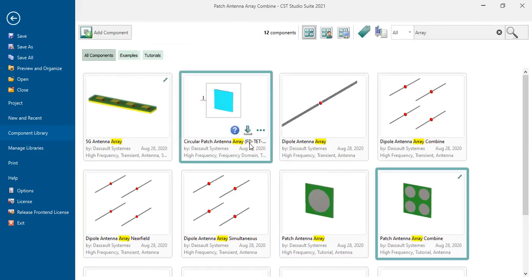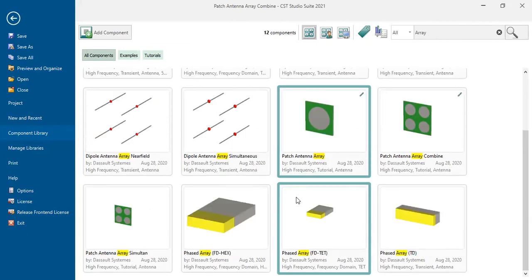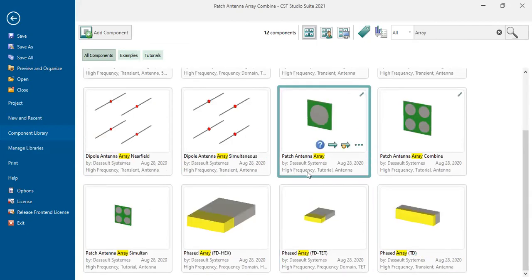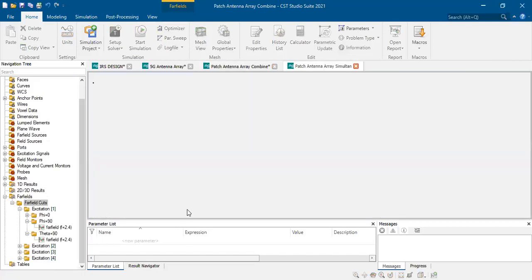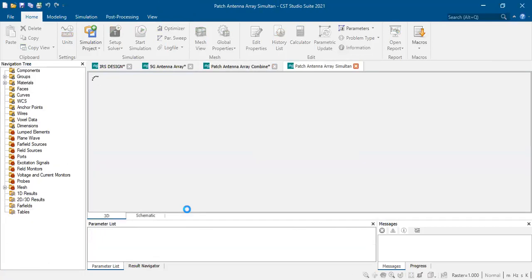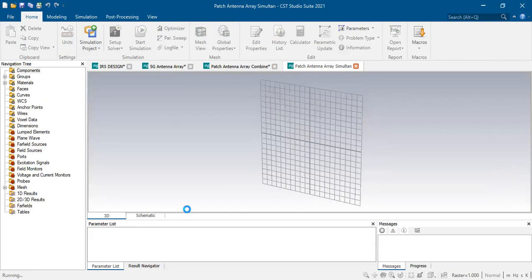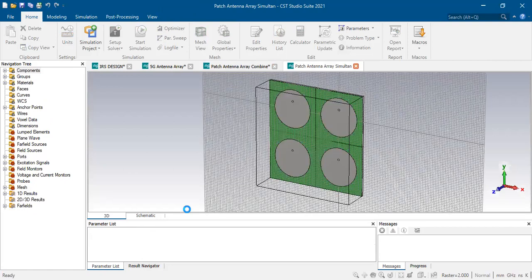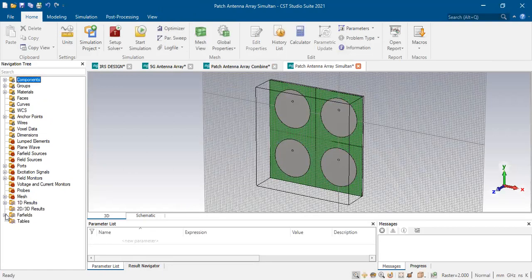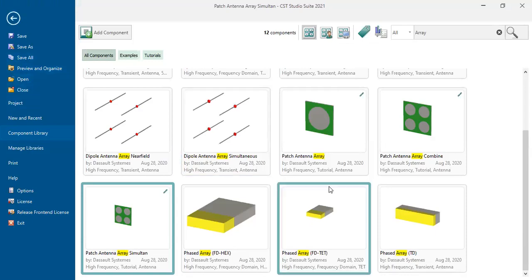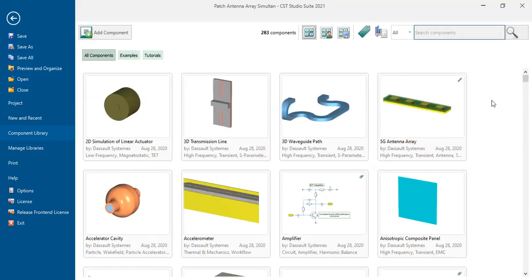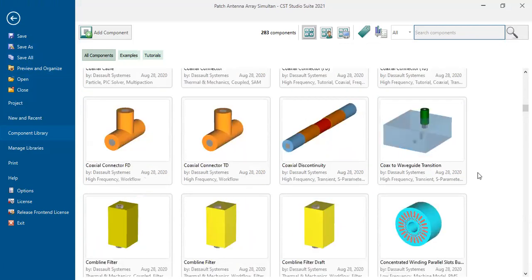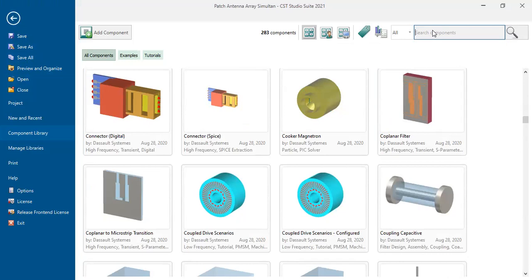Oh, here, yeah. Again, if you want to view far field,